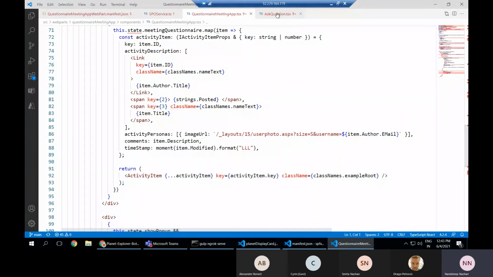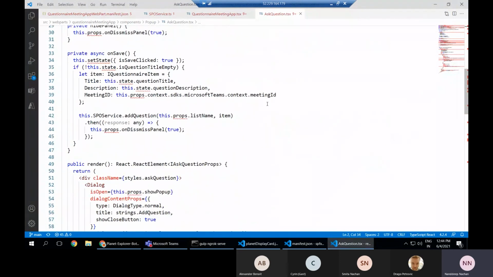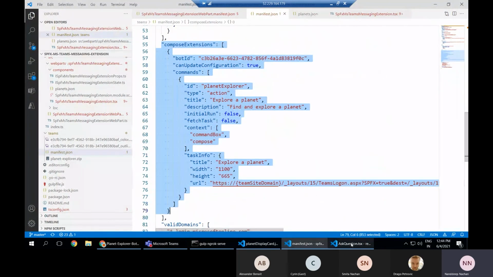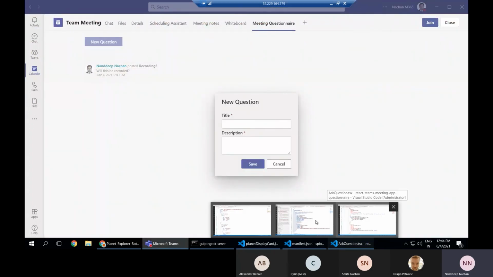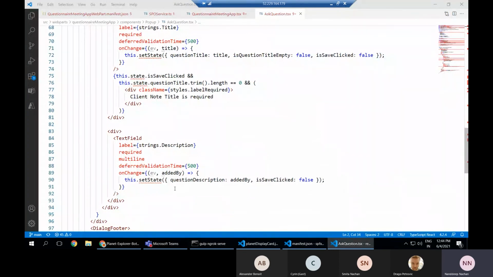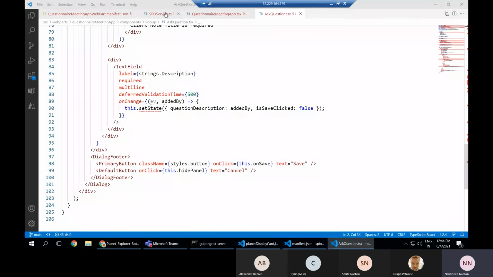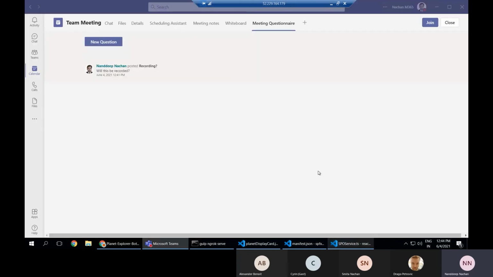And then this is a simple web part. For the action, ask a question, we do have another separate React component through which we are giving this capability that once we click on this add button or this new question button, we get a pop-up in which we can type our title and the description. And once we click on save, this save will call our service, and this question will get added to that SharePoint list. So on a simple basis, we have created this solution which can be used for the pre-meeting kind of